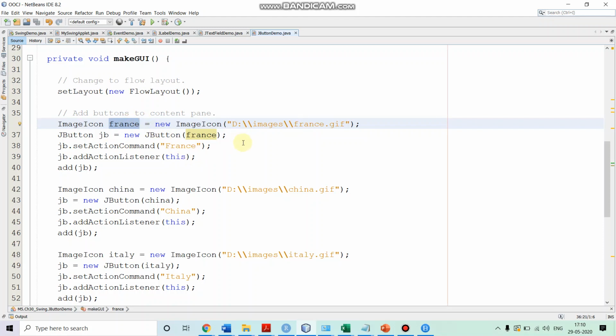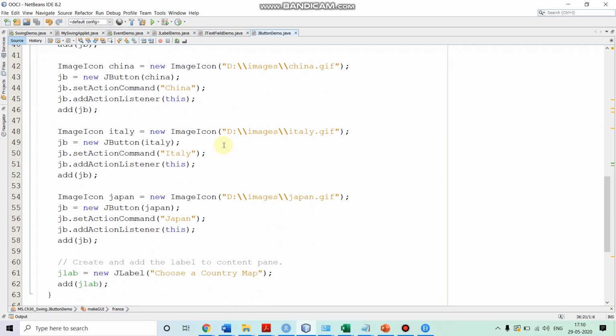To know which button is pressed, the action command is associated with the button. So here we are setting the action command France for this button. We are registering the action listener by calling the addActionListener method, and we are passing this reference because our class is also the action listener. Once the button is created, we are adding the button to the content pane of our applet.